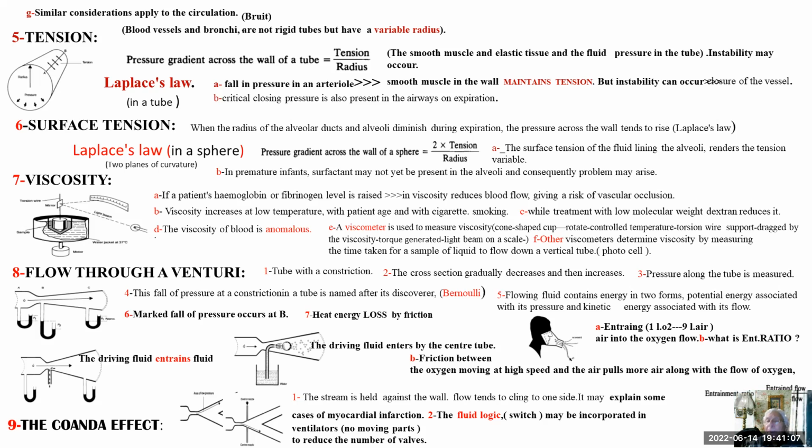On the other hand, the friction of the oxygen molecules at this site entrains more air from outside. This makes what we call the entrainment ratio, which is the flow of 1 liter of oxygen to the 9 liters of air. I'm sorry, being taken by the 1 liter of oxygen. The Coanda effect,